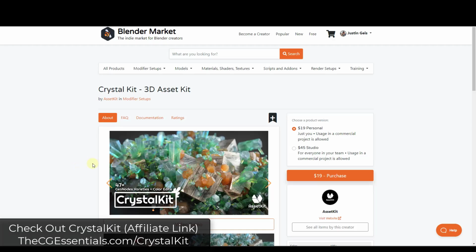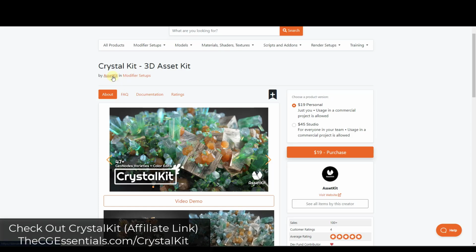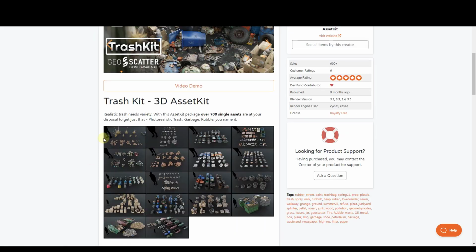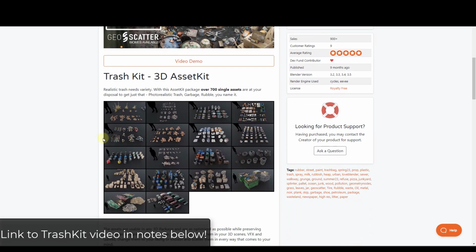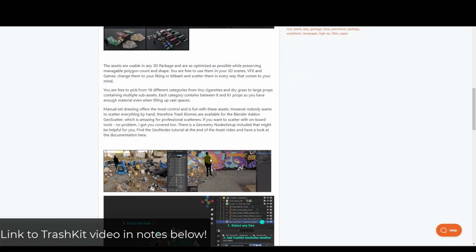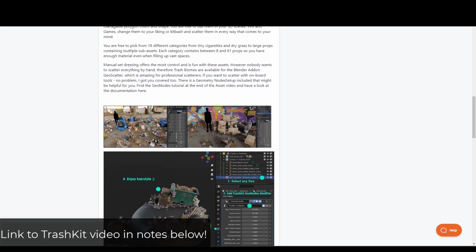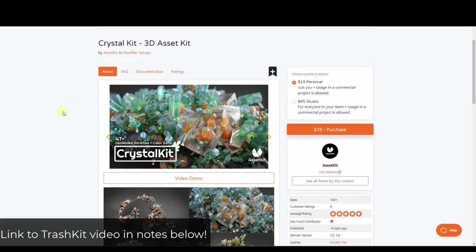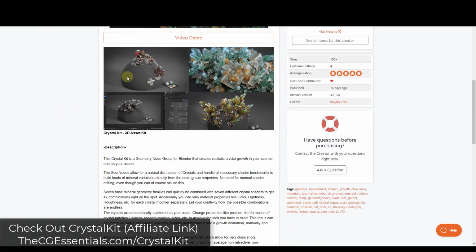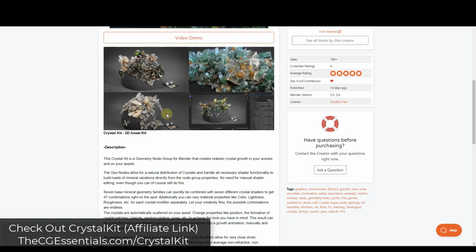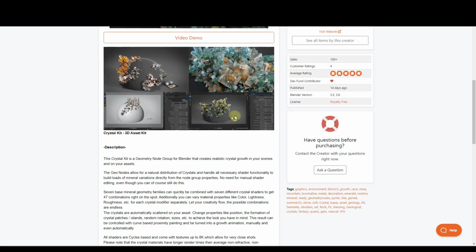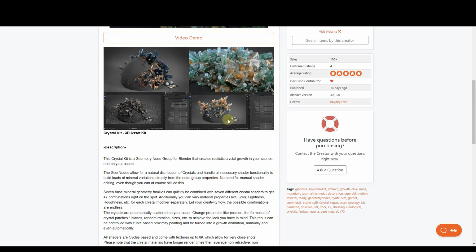Alright, so CrystalKit is a brand new add-on from the guys over at AssetKit. You might remember them from the TrashKit add-on that I did a little while ago that allows you to add and scatter trash. For whatever reason, I really enjoyed that add-on. It was a really good tool for scattering garbage in your Blender models. Well, this is a new asset kit from them that specifically uses geometry nodes in order to generate realistic looking crystals. So a little bit niche, but if you need something that can do that, this could be a great